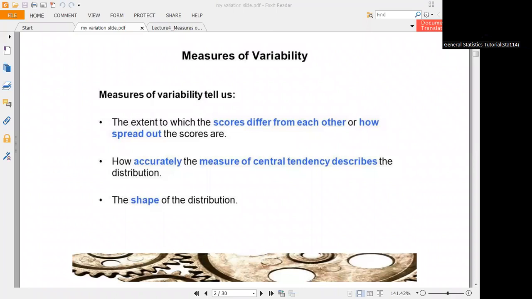All right, today let us deal with what we call measure of variation. Measure of variation is what we are going to be discussing today. Before we move to that, let us try to understand why we measure the variability itself. The main reason why we measure variability or variation is actually because we wanted to know